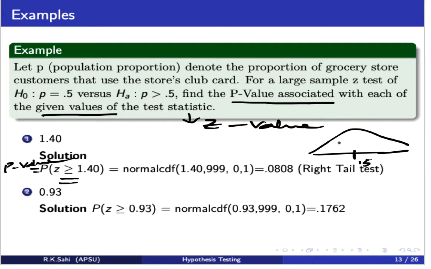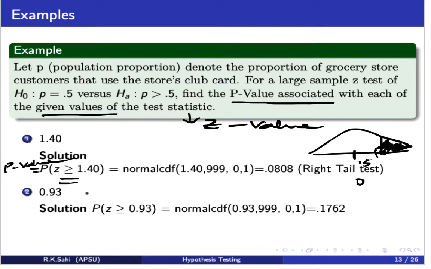Now remember, this 0.5 is the same as 0 because in the Z it is transformed to 0. So 1.4 is somewhere going to be here. We would like to find out what the p-value is in this scenario, because Z is the one which has a standard normal distribution. That means 0.5, that is the P0, is actually the mean of that function. So the normal CDF, 1.4, 999, 1, we get